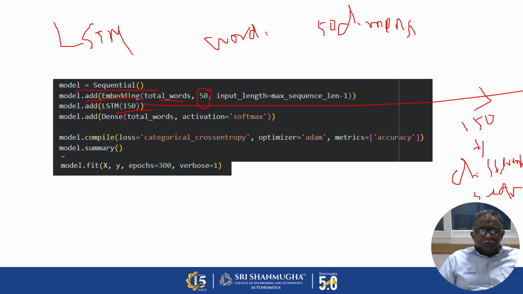Okay. So this is the way it works, and we try to convert this into numbers, and we use this for activation. Since it is a multi-class problem, we use the softmax function, and it will give you a probability. And for the loss, categorical cross entropy will be used to measure that. And we use the Adam optimizer, and we are interested in accuracy. And to train that, we use 300 epochs. So this is the architecture that we use in our case.